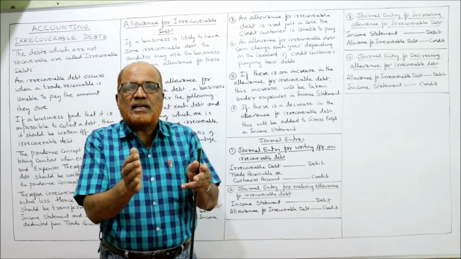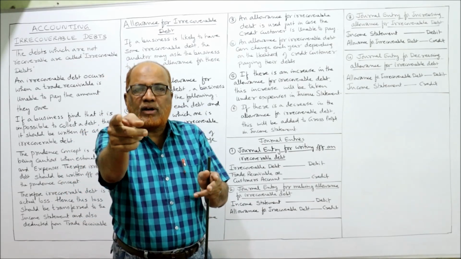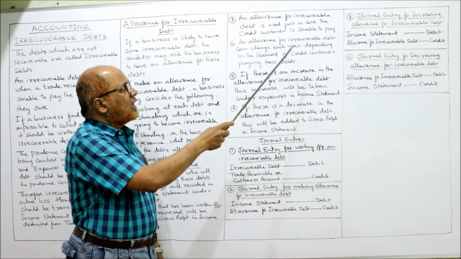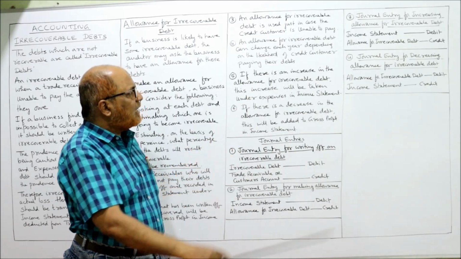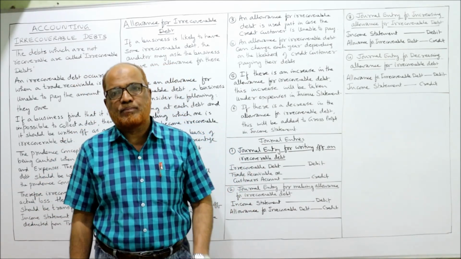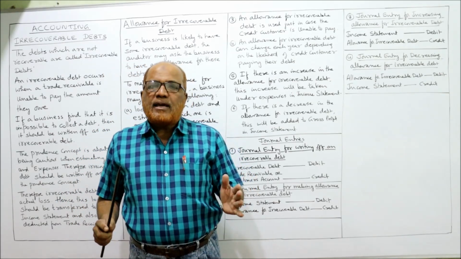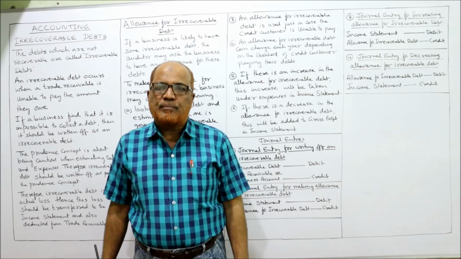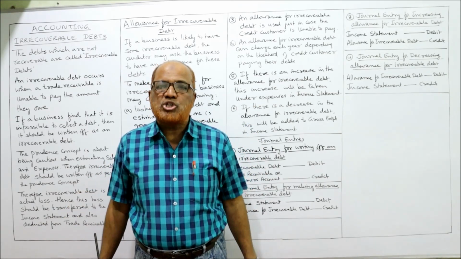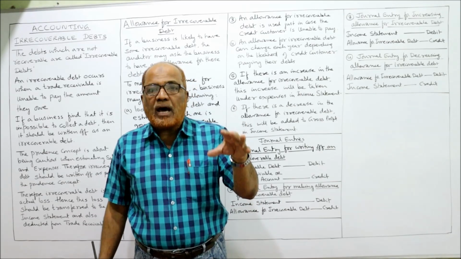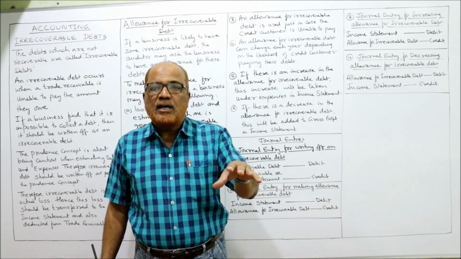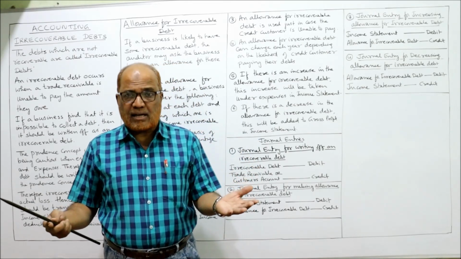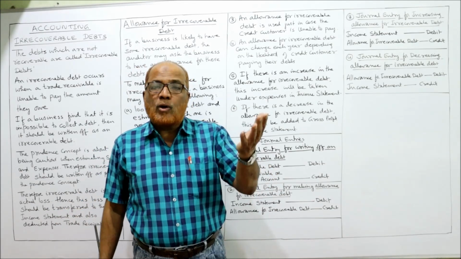In that case, we make the allowance for irrecoverable debt only for doubtful debts, not for all the debts. Next, an allowance for irrecoverable debt can change each year depending on the likelihood of credit customers paying their amounts. See here. A company cannot make a fixed or rigid policy regarding allowance for irrecoverable debt. Every year, the circumstances may change. Sometimes more allowance for irrecoverable debt is required. In one year, less allowance for irrecoverable debt is required depending on the circumstances or depending on the quality of